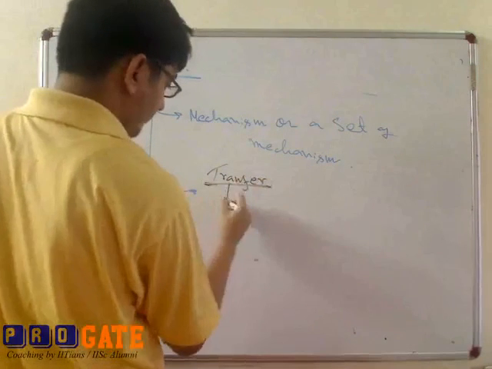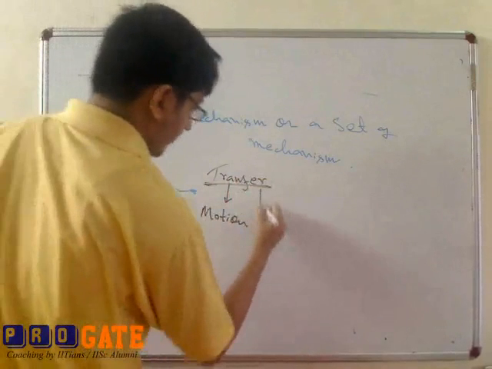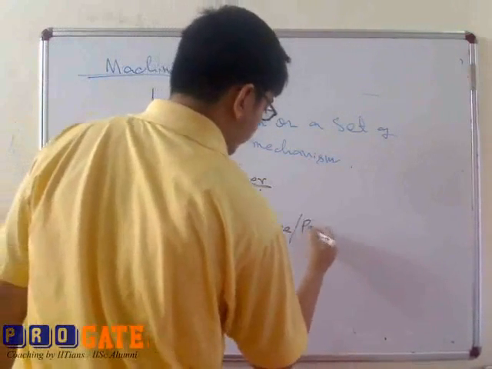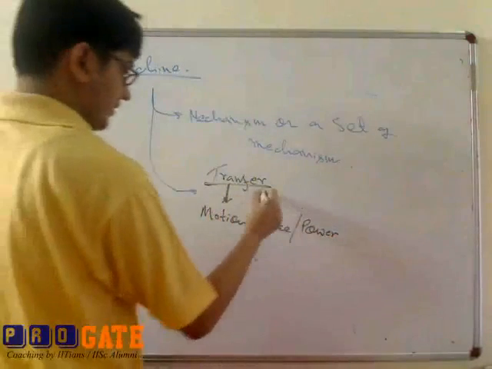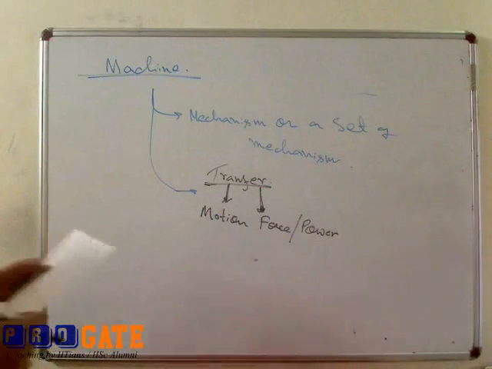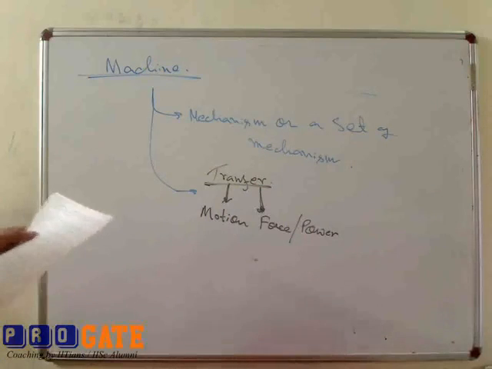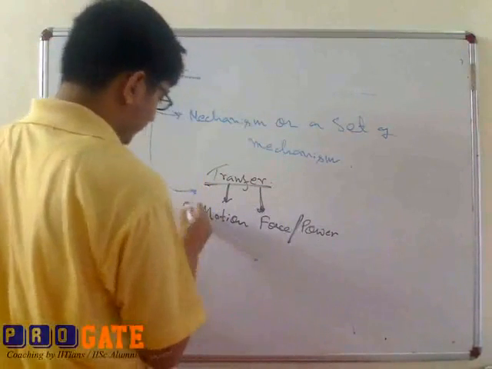A machine is a mechanism or a set of mechanisms by which you can transmit both motion and force or power